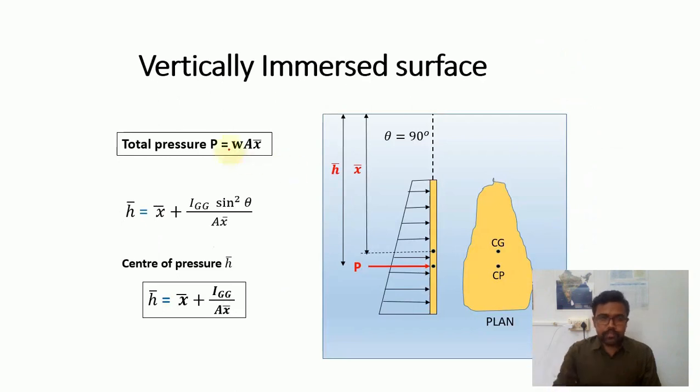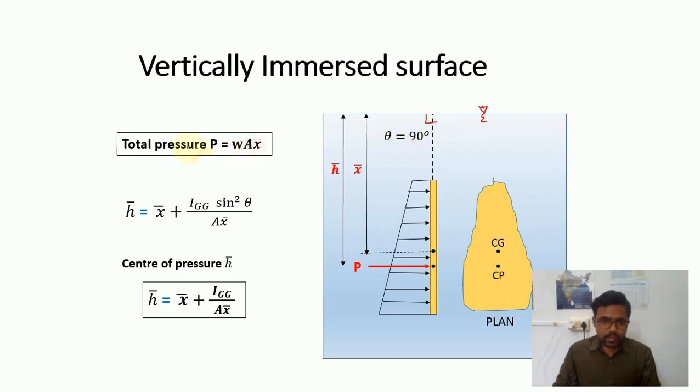Next, see, when the object is vertically immersed in a liquid. So this is a liquid surface, and here the object is immersed vertically. That means here theta is 90. Just now we have seen how theta can be found out: we take the tangent with the plane surface, where it will coincide, and measure the angle from the liquid surface to the tangent, and that will be theta, right?